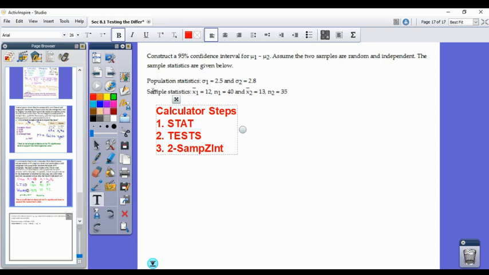Okay, so from there, it's relatively easy. Just make sure you plug things into the right spot because it doesn't necessarily go in the order that it's given here. So once you type that all in, make sure you put the appropriate confidence level. In this case, it's 95%, so you're going to put 0.95. And then you're going to just click calculate, and it'll give you